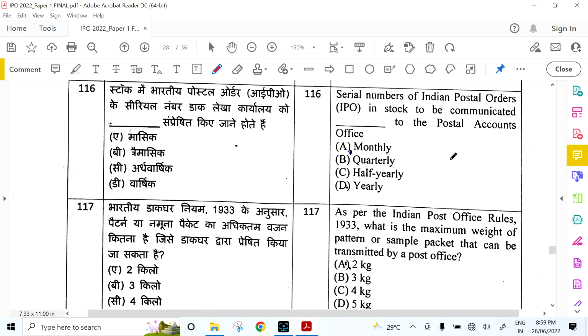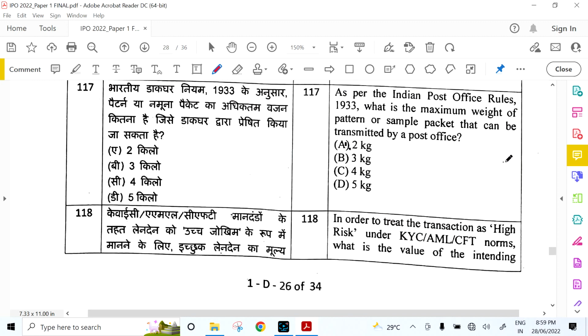Serial numbers of IPOs in stock can be communicated dash to the postal accounts. Monthly, quarterly, half yearly, yearly. The answer is yearly as per 402.12 of Postal Manual Volume 6 Part 1. Okay. Volume 6 Part 1. In that